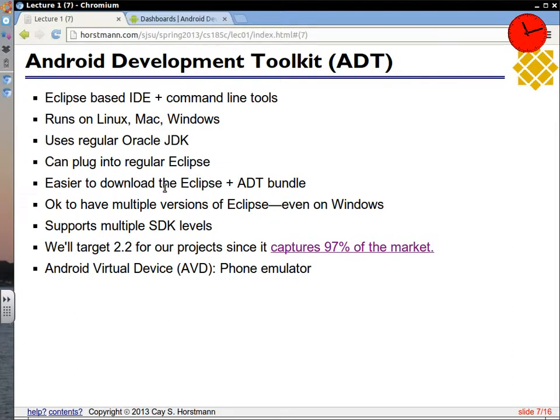The flip side of that is the emulator is dog slow. It simulates a CPU with actual instructions, and that simulation is not fast. So many times you're going to be sitting there waiting for the silly emulator to load or to refresh itself, and you never quite know, is it your app that's dead or is it the emulator? So it is a really good idea to have an actual phone available as well, because when the emulator starts giving you flaky results, you can put the app on the phone. And that just takes a serial cable and some command line tools that we'll also discuss.